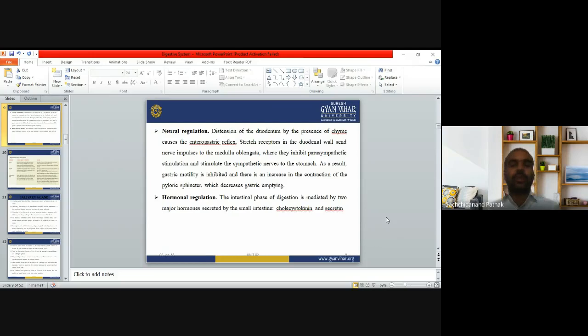So stretch receptors in the duodenum wall send a nerve impulse to the medulla oblongata, where they inhibit the parasympathetic stimulation and stimulate the sympathetic nerves to the stomach. Now see, earlier parasympathetic was acting, okay,